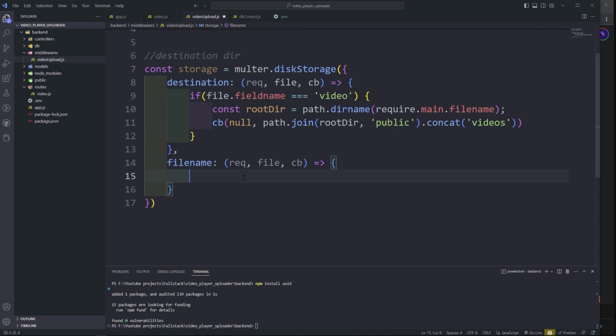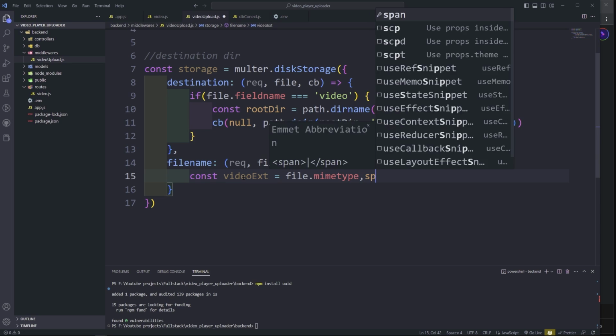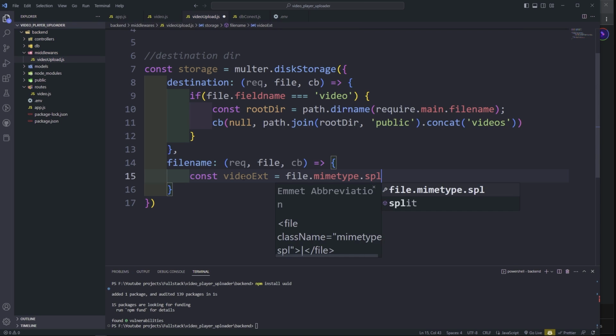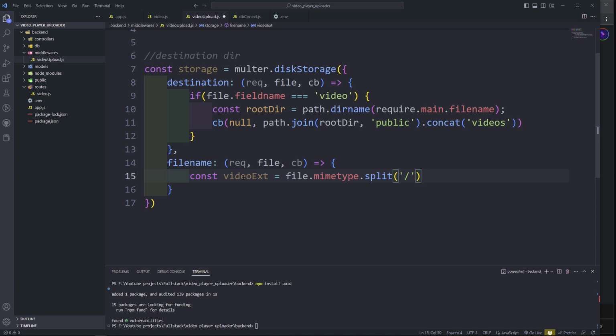Okay, so for the filename, I'm going to do const videoExt equal to, we're going to do file, whatever file we upload, and then mimetype, and then we're going to do split. Okay, so we're going to split with the slash, and then we're going to do the first one. Okay, and then we're going to do a callback function cb, copy this cb, and then the first argument is